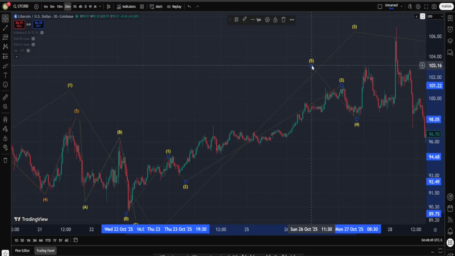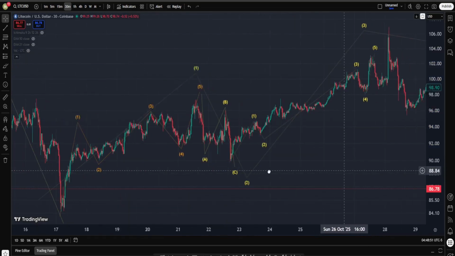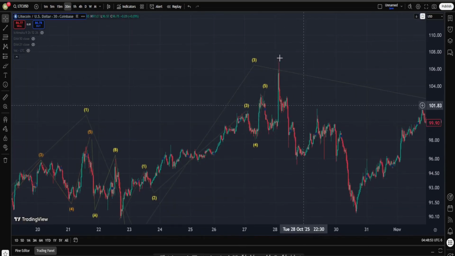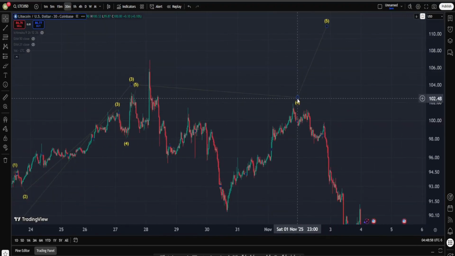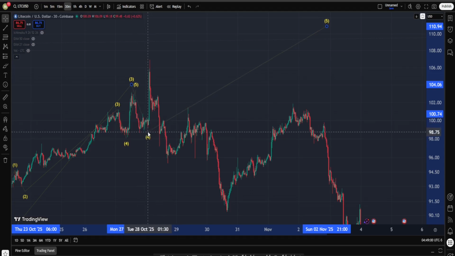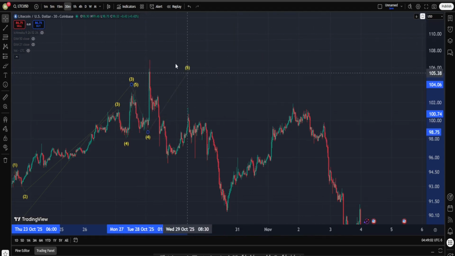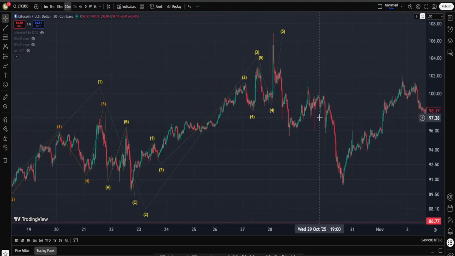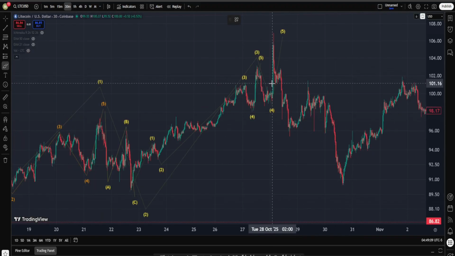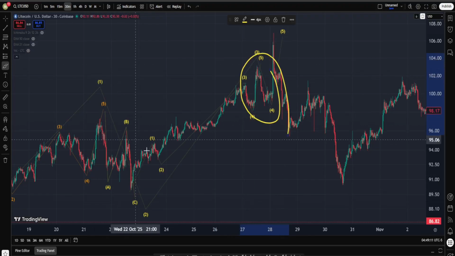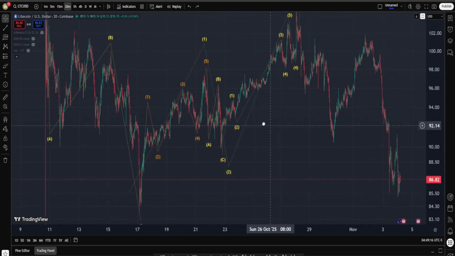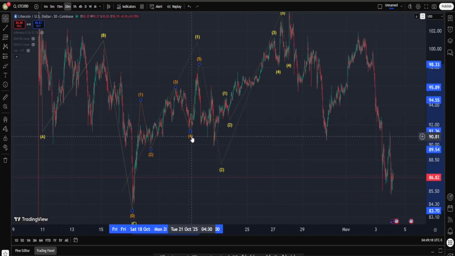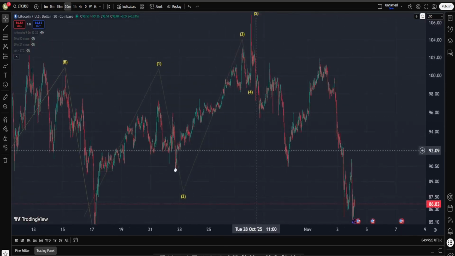Correction for 4 and another move up into wave 5, which I do actually believe is going to be into this wave 3, followed by a corrective movement for 4, potentially in the form of a triangular structure at this point, and another move up into wave 5. And yes, since we absolutely do not have overlapping of the waves between wave 4 and 2 in here, well, okay, this means we are having a 5 wave impulsive structure in LTC. And let's just delete some waves in here so we can see the candles a bit better.